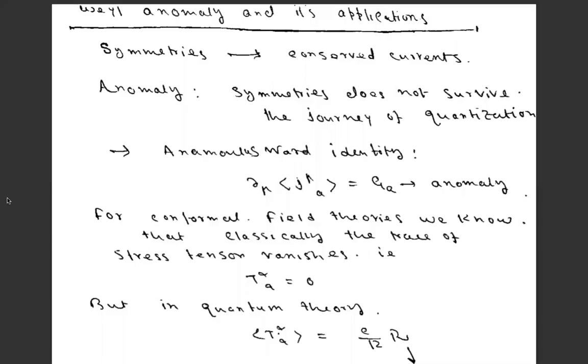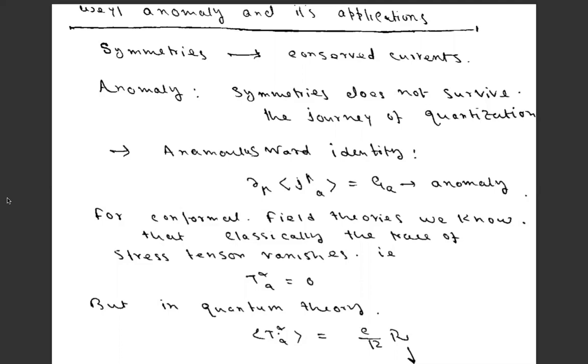Symmetries. And we also know that from Noether's theorem, for each symmetry there is a conserved current and hence a conserved charge. And we use these conserved charges to label different states as quantum numbers, right? But sometimes it happens that although the system respects the symmetries classically, it fails to do so at the quantum level. So as a result, the Ward identities